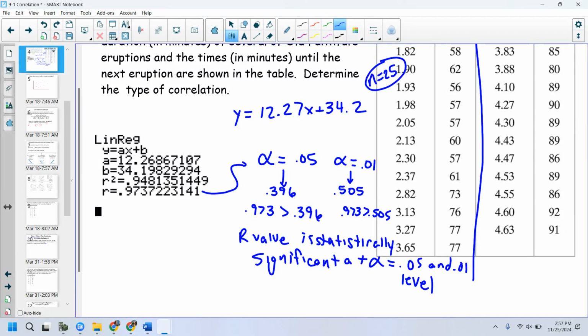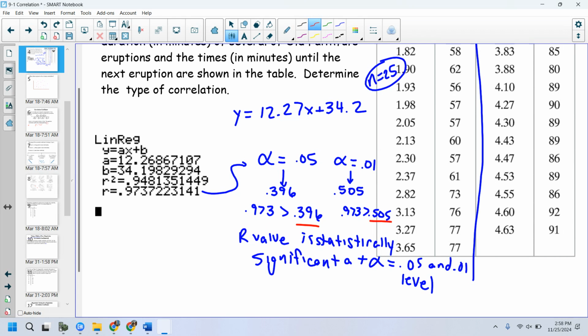We're going to be doing hypothesis testing here in a minute, but please understand that this is different from hypothesis testing. I am saying, is the R value statistically significant enough to make a decision about rho, right? I'm not saying what our decision was about rho, but I'm just saying, is it statistically significant? Is this R value meaningful here? To be meaningful, it needed to be above a 0.396 for the 0.05 level and above a 0.505 at the